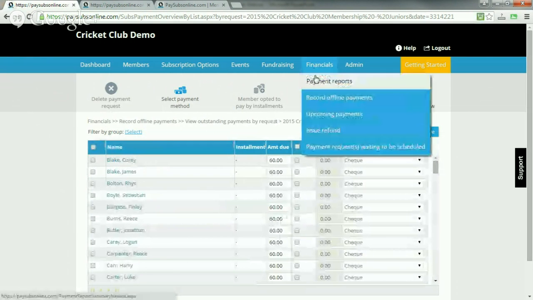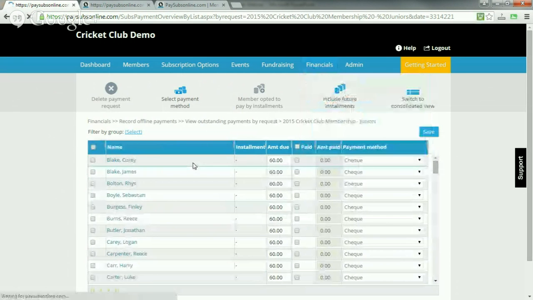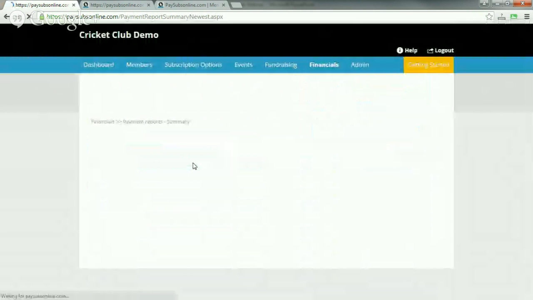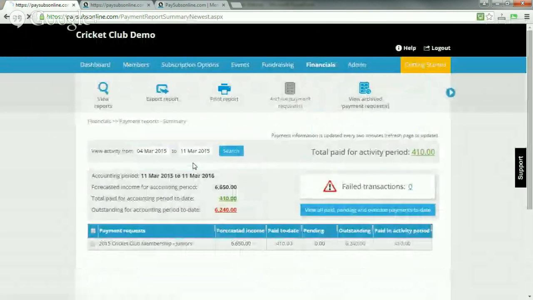Okay, so now when we go to financials and payment reports, we can see here that we've got, first of all, our accounting period, which is just set from today for 1 year. We can see what our forecasted income is for the accounting period.